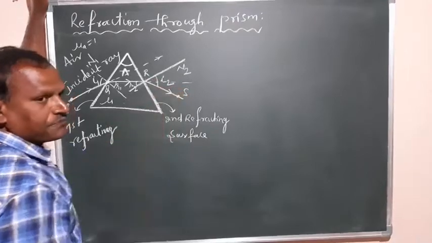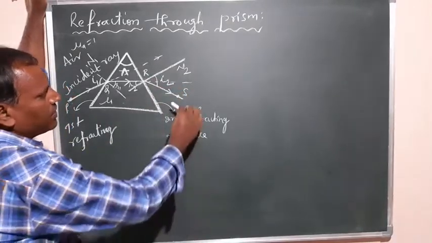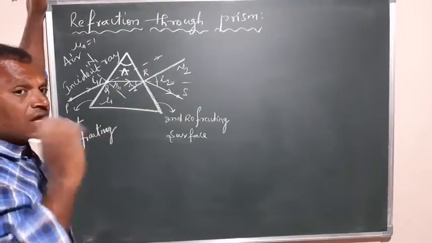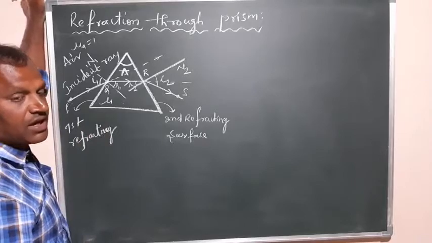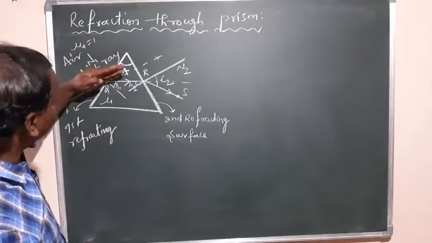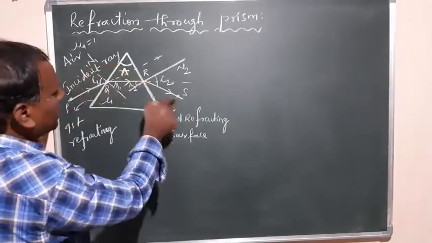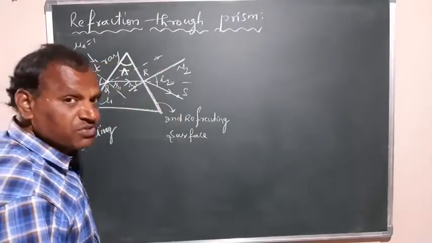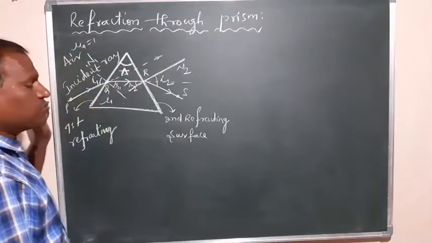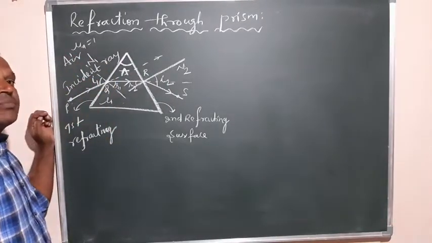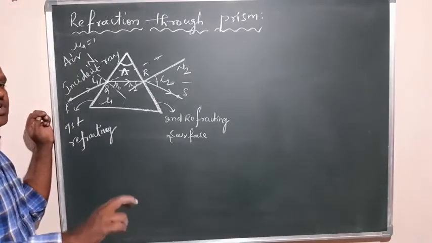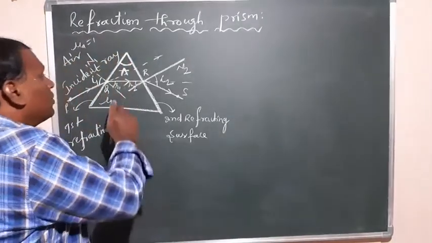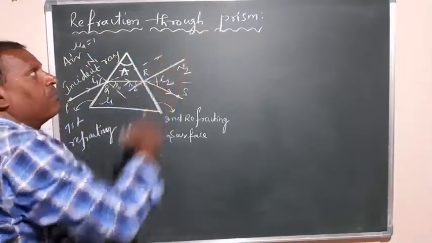I am representing. Right, and here if the ray is propagating in the reverse direction also, it can pass along the same path in reverse direction, then it is called the principle of reversibility. You can say the ray of light in any direction, in this direction or in this direction, if you send, the ray can propagate along the same path. That principle is called the principle of reversibility. So the principle of reversibility is nothing but the ray propagating along the same path in any direction, from the first refracting surface or from the second refracting surface. So this is what you can observe, refraction through the prism, right?